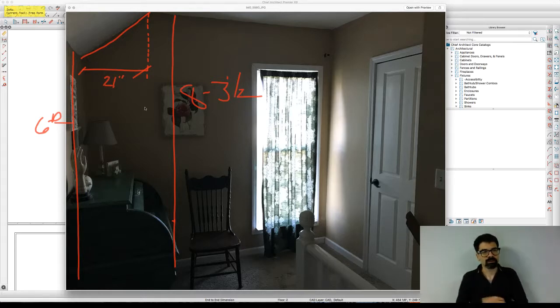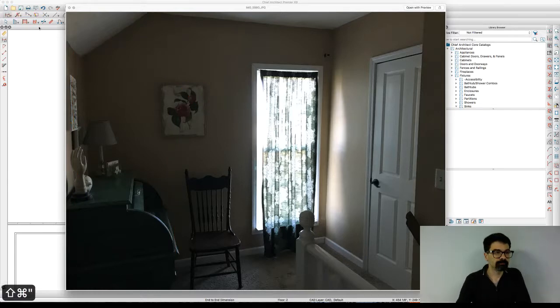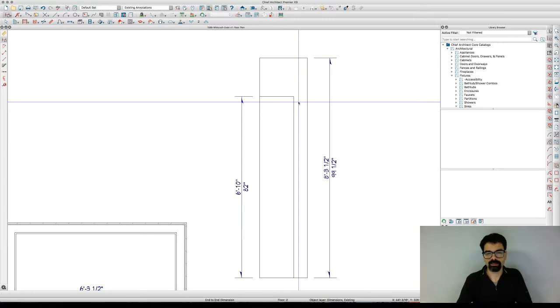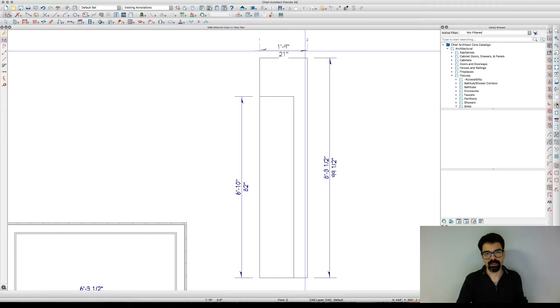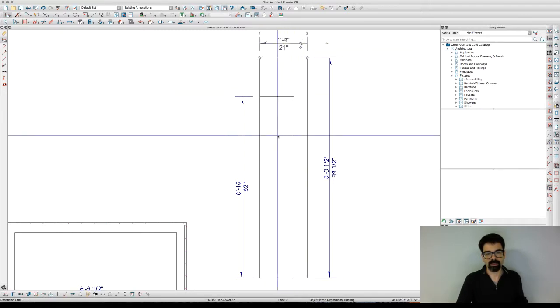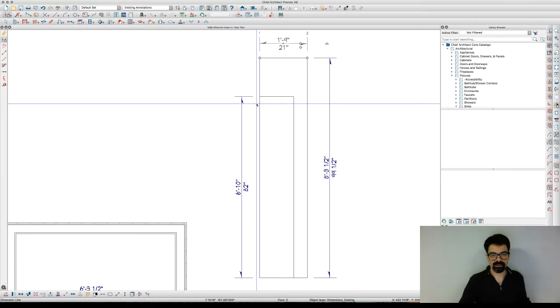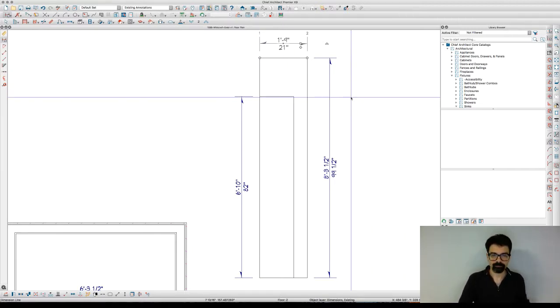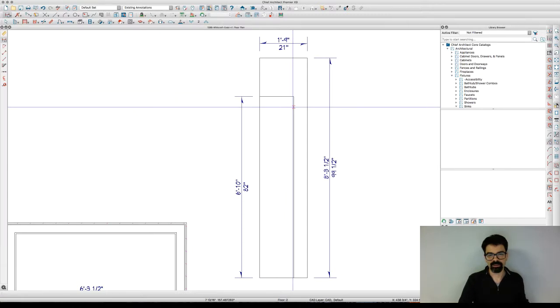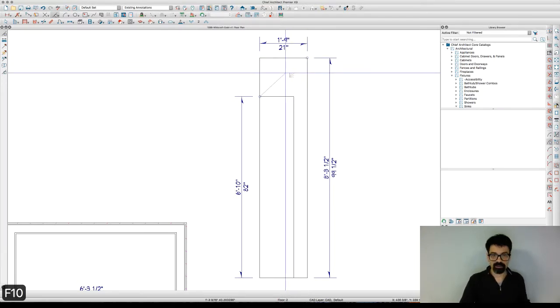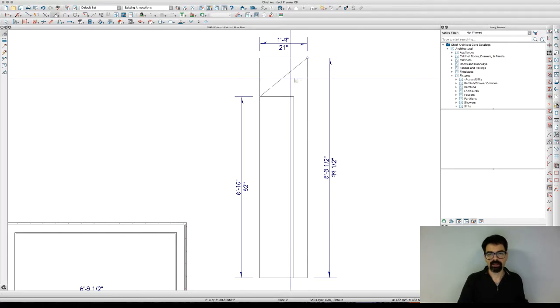So once I have 2 out of those 3 numbers, I can actually draw an example. And this is what I did here. I've got 8'3.5", 21 inches wide, and the shoulder at 6'10" tall here. Now the width of this really doesn't matter. I just need this point right here at the wall. And I'm going to hit F10 to take my angle snaps off. There is my